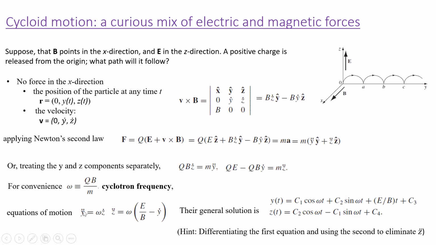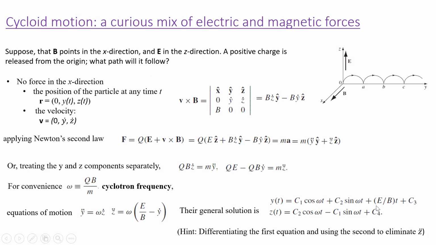And so we can isolate y triple dot and y dot, solve for y dot, and then go from there. But we'll do that in class. Okay, so we accept that these are the equations for now,